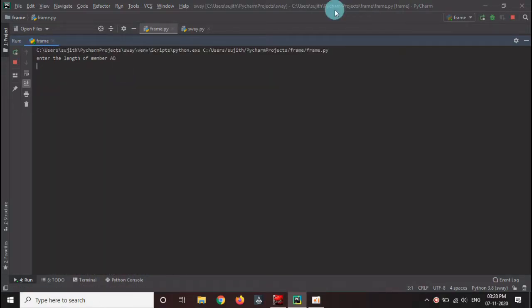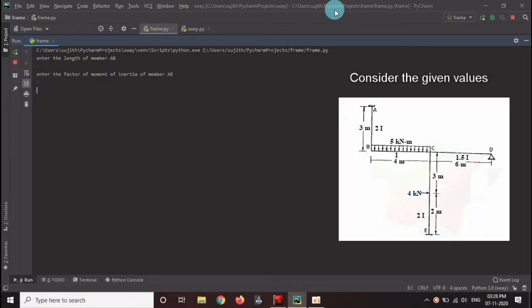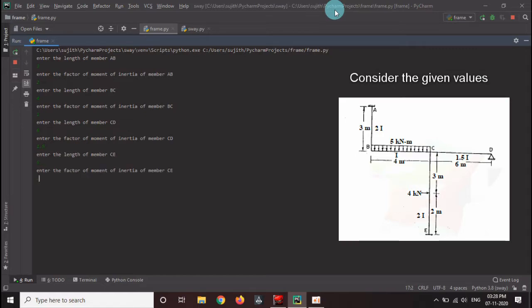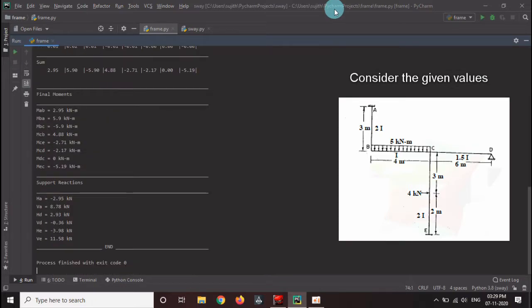We can also substitute some random values, and we are getting these results.